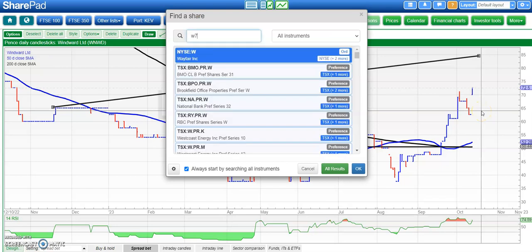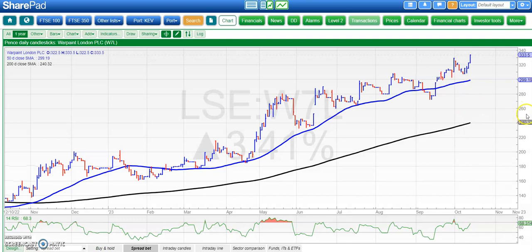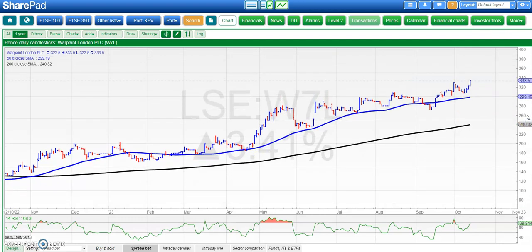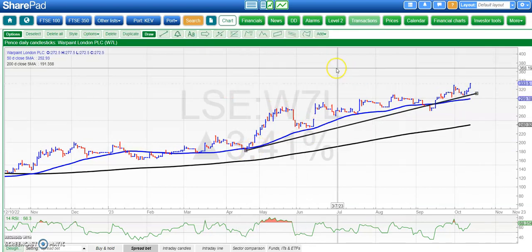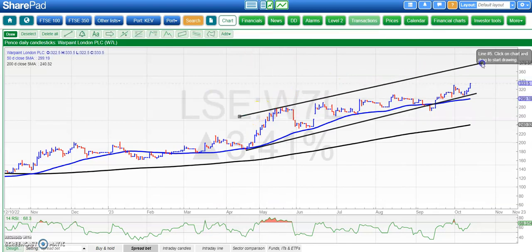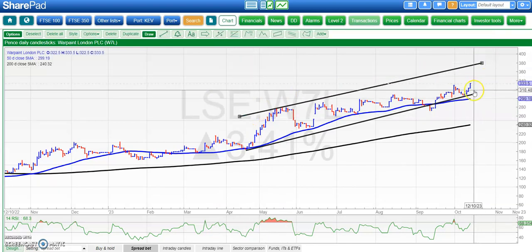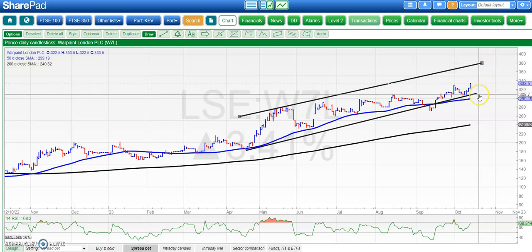Just wanted to cover Warpaint, which apparently, last time I looked, is going great guns on the fundamental basis. On the charting basis, one can see that there's been a steady progression here, and you sort of question why you don't buy shares in companies which have got charts like this and fundamentals like this and go for the blue sky stuff. But here we've got a rising trend channel from April, top of the channel up to £3.80, and we're looking for that by the end of next month, while we hold above the floor of the channel